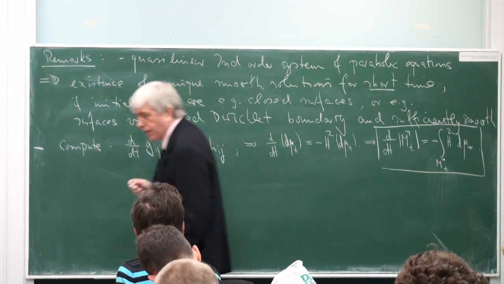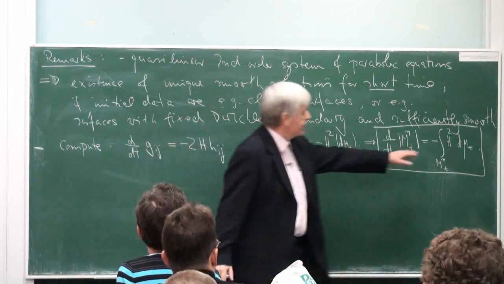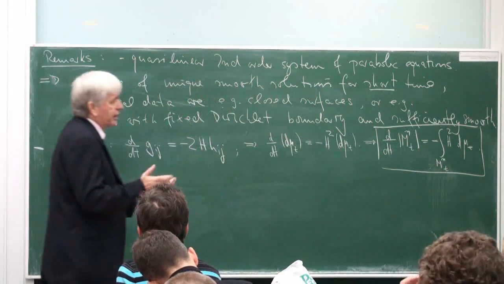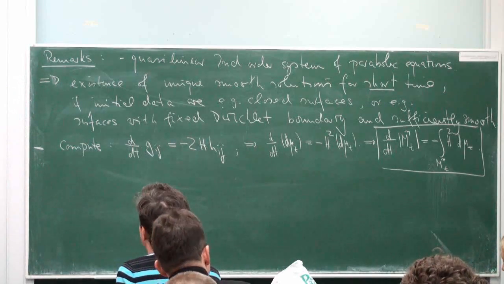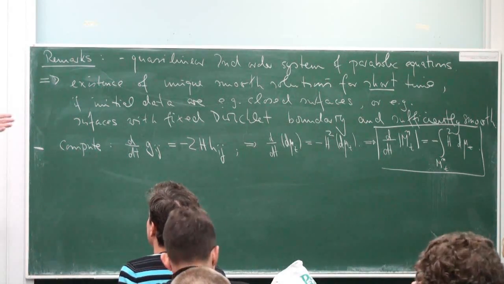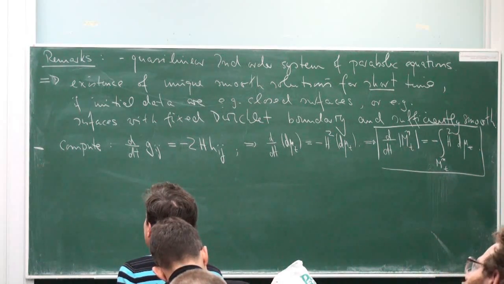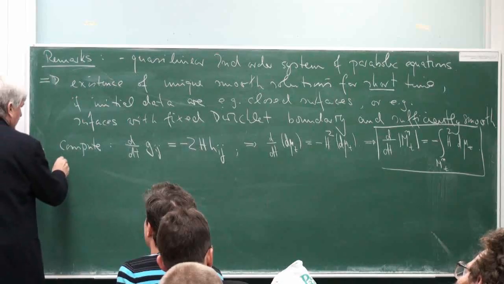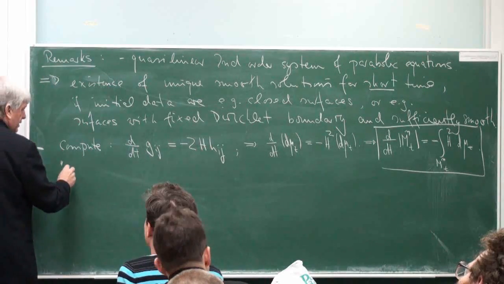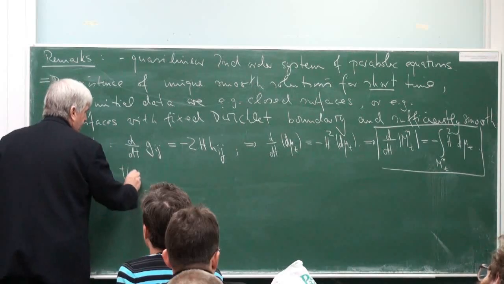So the area is decreasing, and in fact it is decreasing in the fastest possible way. If you take some other speed with the same L2 norm as the mean curvature, the area will decrease less, because this is a square of the mean curvature. So we can reformulate this and say that mean curvature flow is the gradient flow